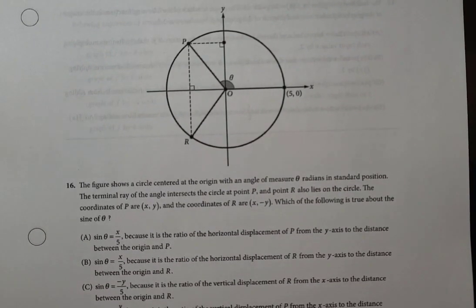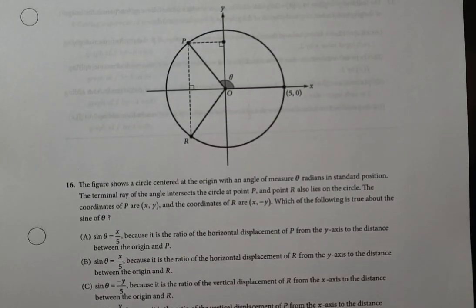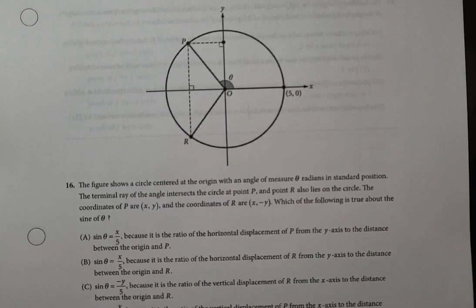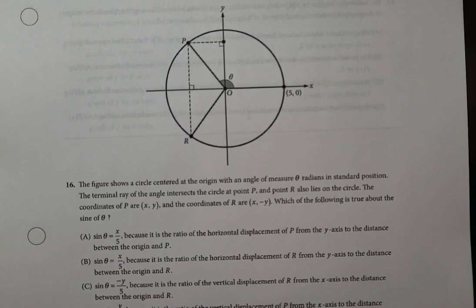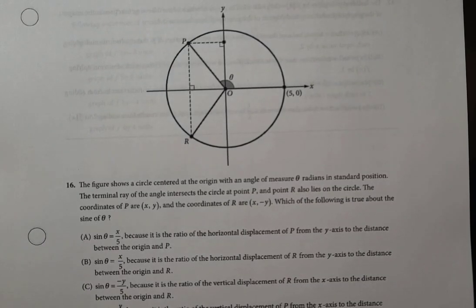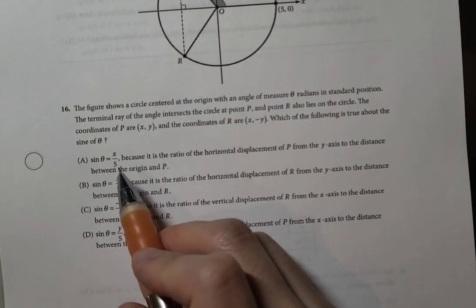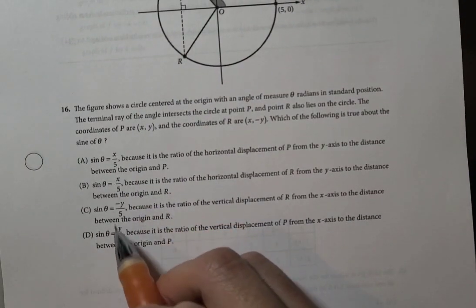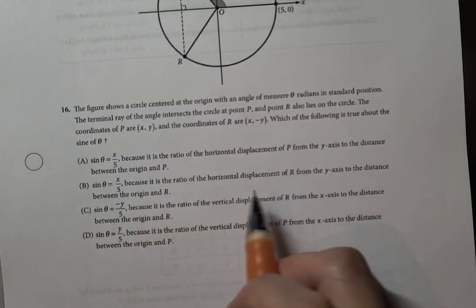The figure shows a circle centered at the origin with an angle of measure theta radians in standard position. The terminal ray of the angle intersects the circle at point P, and point R also lies on the circle. The coordinates of P are x, y, and the coordinates of R are x, negative y. Which of the following is true about the sine of theta? So it's basically asking you what the value is in terms of x or y, and then there's some